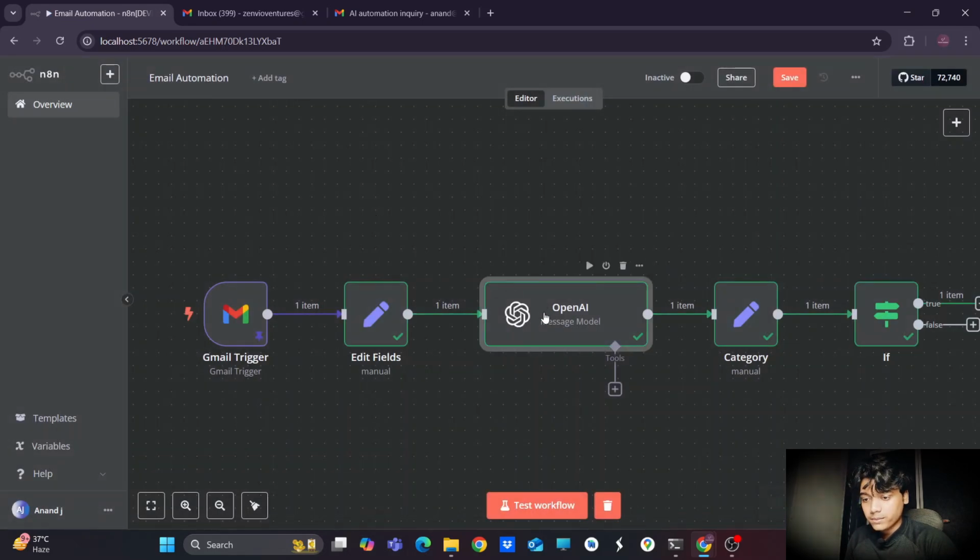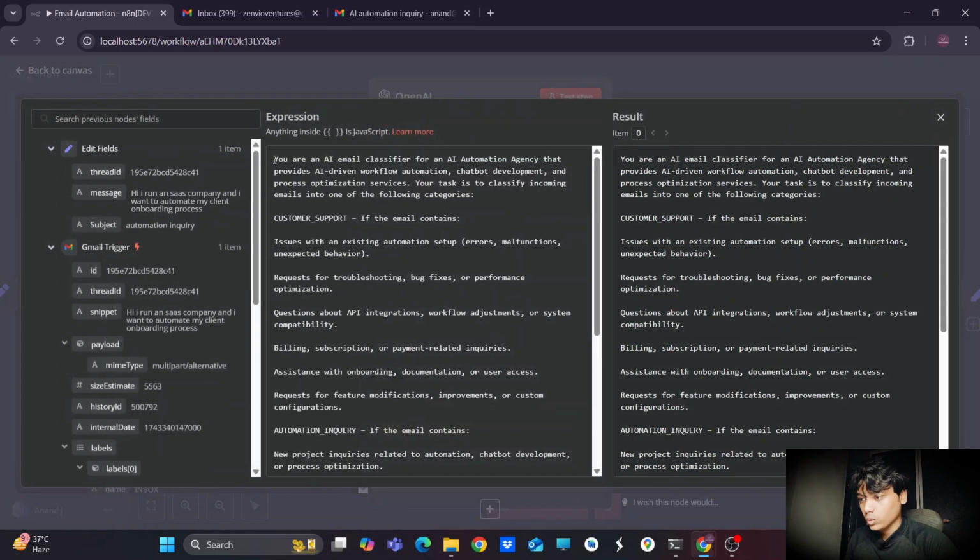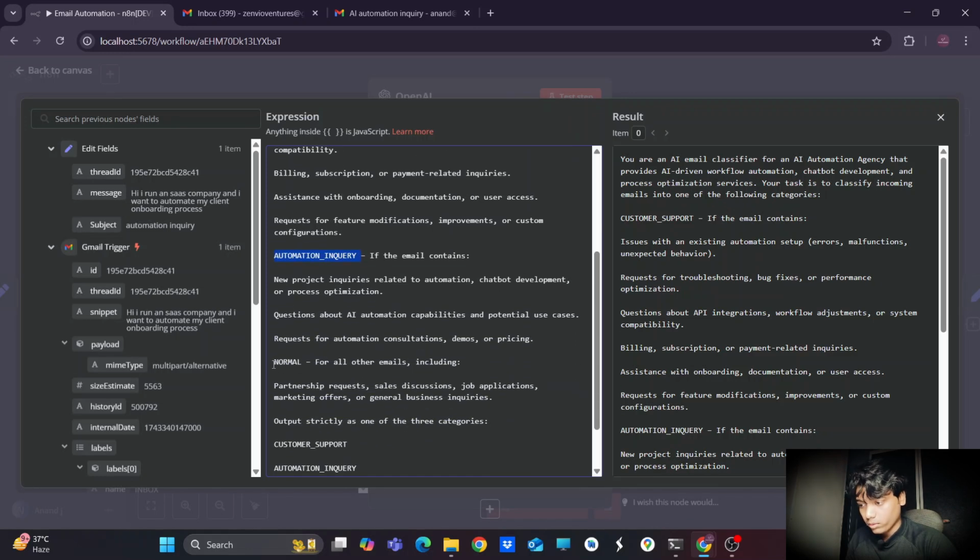Let me first explain this OpenAI message model prompt. In the prompt, I have told it: you are an AI email classifier for an AI automation agency that provides AI-driven workflow automation, chatbot development, and email process optimization services. Then I have told it to categorize emails into three parts: customer support, automation inquiry, and third, normal for all other emails.